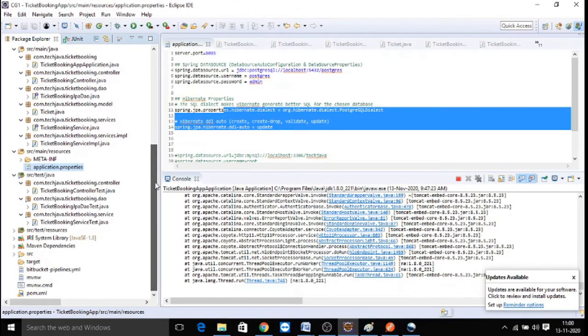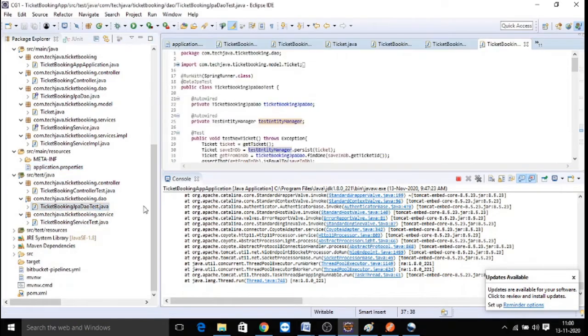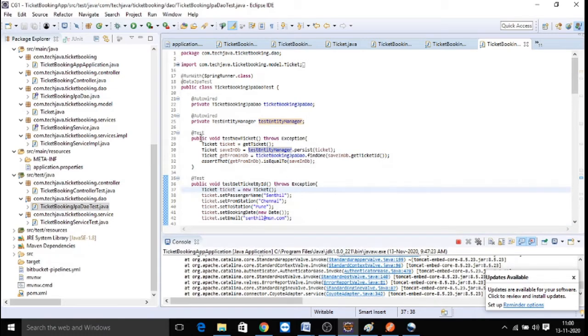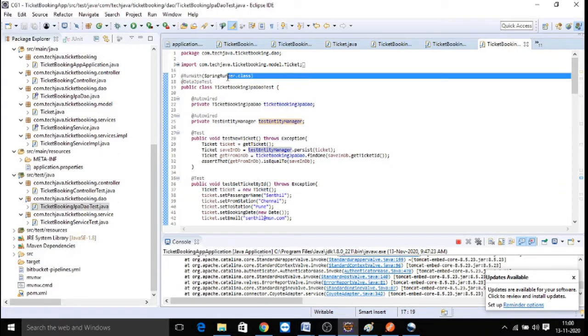Now let us move into our test cases. The first test case we need to do for Spring Data REST applications is the DAO layer. Whenever we write DAO test cases, we are going to make use of an in-memory database, and the DAO classes always need to be tested with the DataJpaTest annotation.